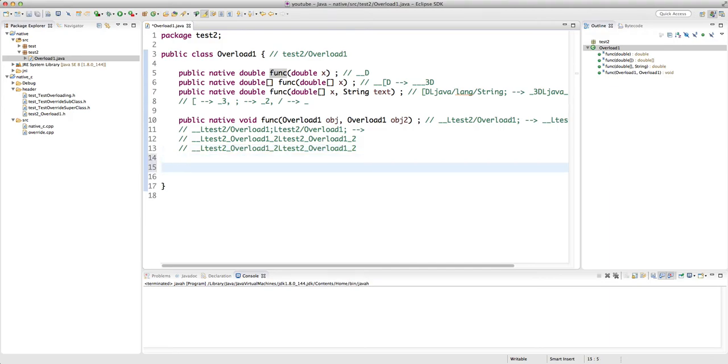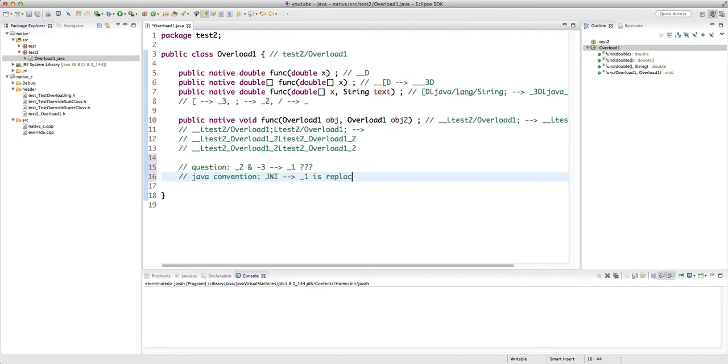So here's the question. If we have underscore 2 and underscore 3, then obviously we should have something for underscore 1. So what is underscore 1? It should replace something in the Java declaration. Actually, underscore 1 is something that we typically don't see, because of one of the Java conventions. The way that JNI creates overloaded functions, or in general any method name, underscore 1 is basically